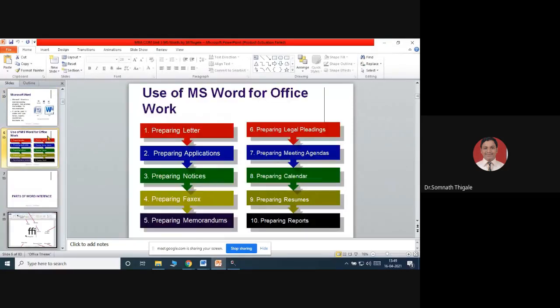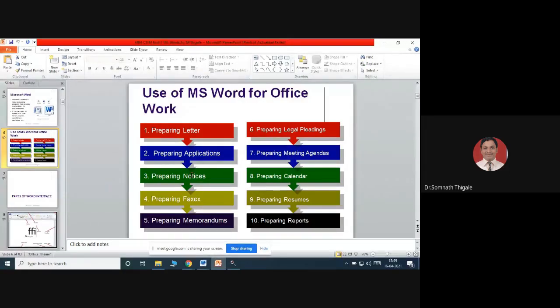Then next is where you can use it. You see, these are the different options, not limited to this, though I have shown you the 10 options over there regarding the use of Microsoft Word. It doesn't mean that only 10 options are there. It is unlimited. It's up to the user for what purpose he or she wants to use Microsoft Word. There is no limit basically. You can use it for whatever applications you want to use.